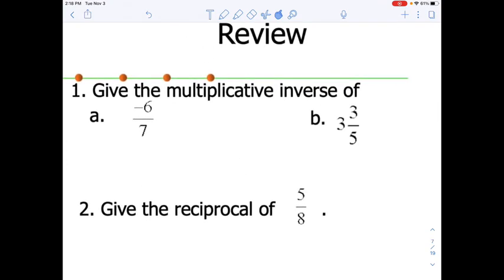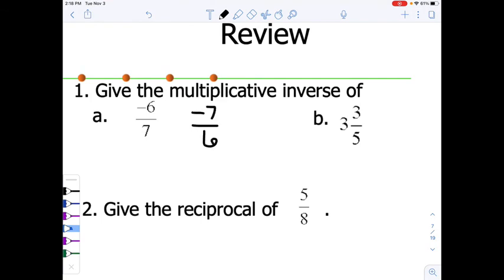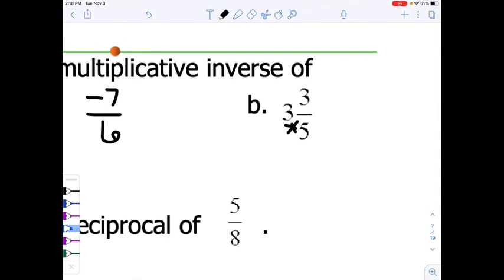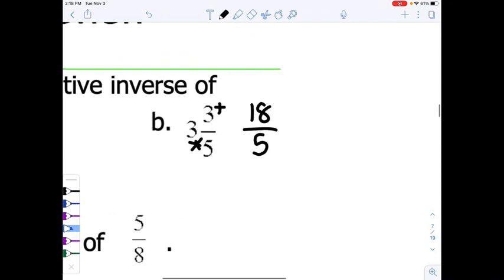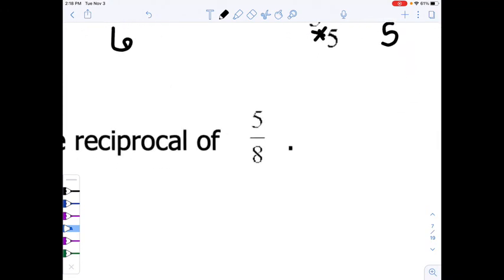Okay, and super quick, just if you review, multiplicative inverse, remember, is the reciprocal. You just flip it over. So the multiplicative inverse of negative 6/7 would be negative 7 over 6. Just flip it around. 3 and 3/5, we change it to improper first by using MAD. Multiply, add, keep the denominator. 3 times 5 is 15, plus 3 is 18. Keep the denominator of 5. And then the reciprocal of that, I just flip it around, so it's 5/18. And then the reciprocal of 5/8, I just flip it around, so it's 8